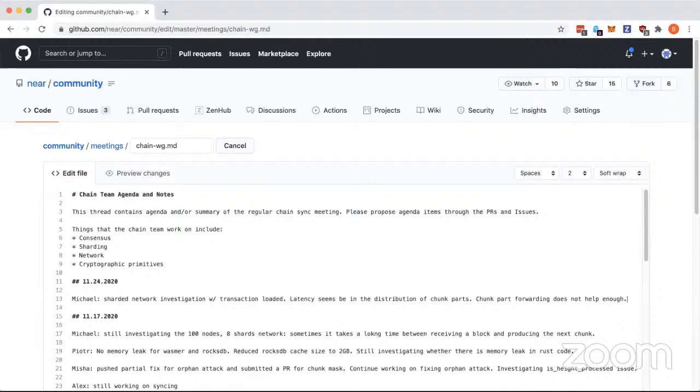I also remember you said something to me yesterday about wanting to comment out some parts of the code and see how it works. Yeah, I commented out basically the part that was asking for chunks, the chunk request code, which is how I was investigating this.